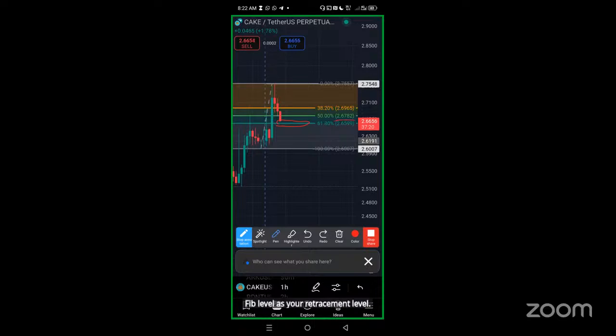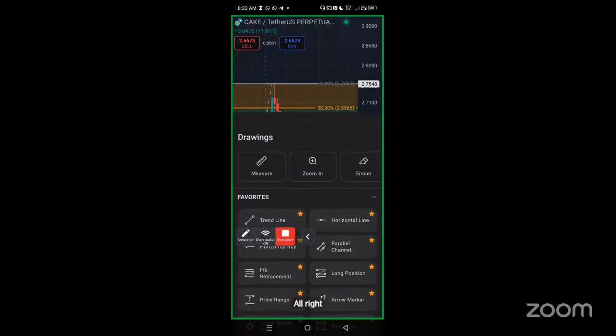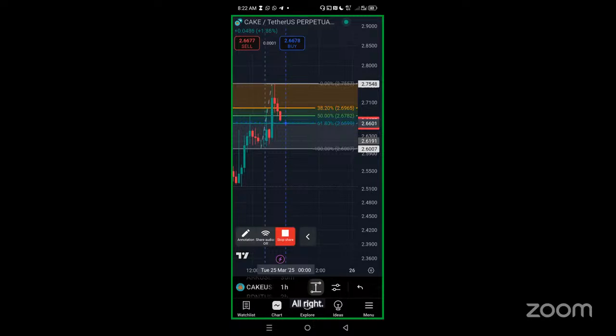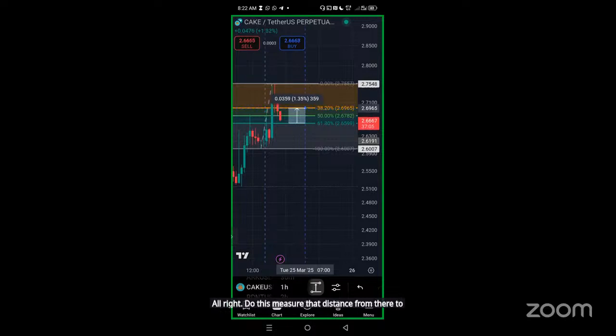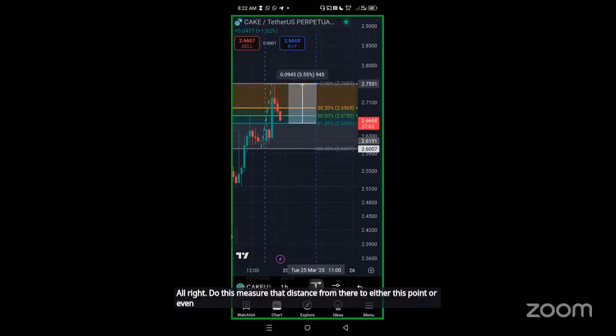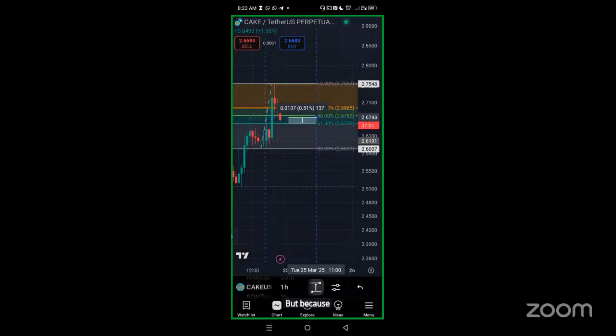So set your entry price at 2.6599. All right. Then do this: measure that distance from there to either this point or even back to this point. But because you are not very sure, because there's what we call a failure swing in the market, sometimes the